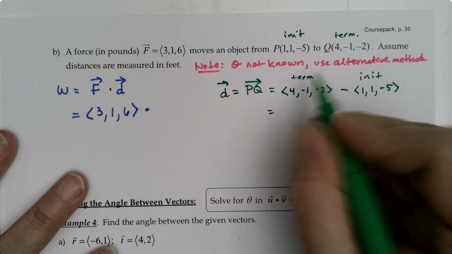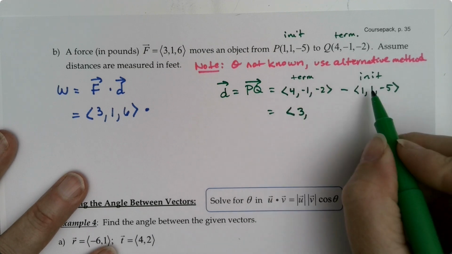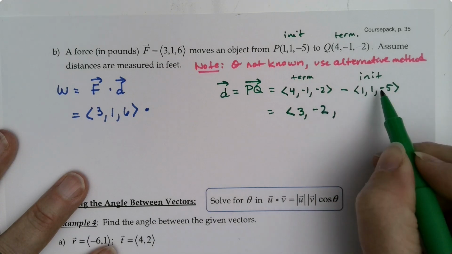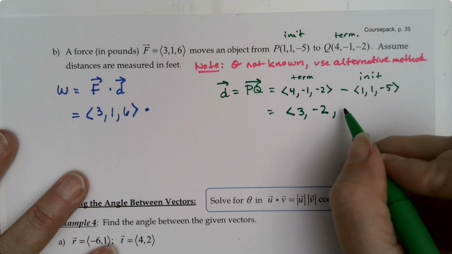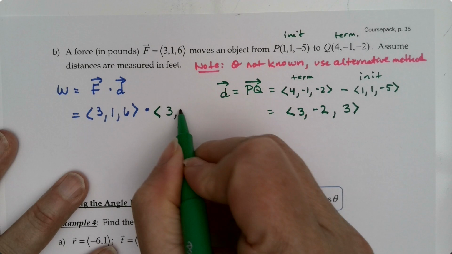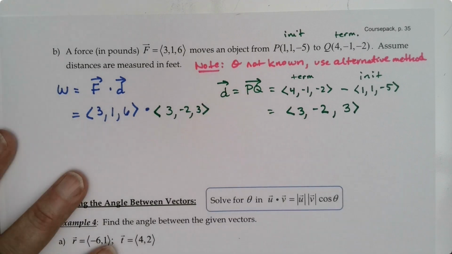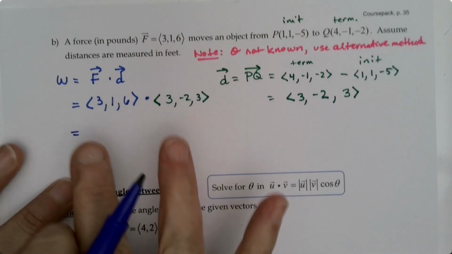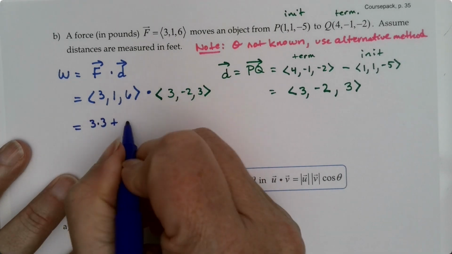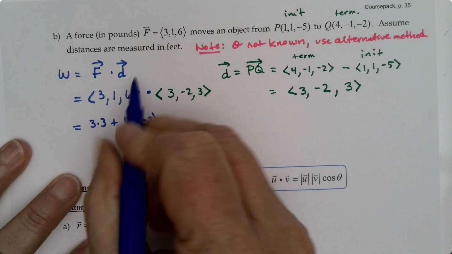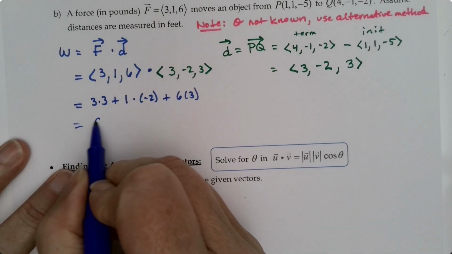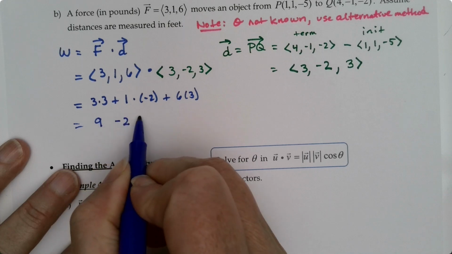So 4 take away 1 would be 3. -1 take away 1 would be -2. -2 minus a -5 is -2 plus 5, which is 3. So over here, my distance vector is 3, -2, 3. And so for the work, we're going to use the alternative method. 3 times 3 plus 1 times -2 plus 6 times 3. That's 9, take away 2, plus 18,